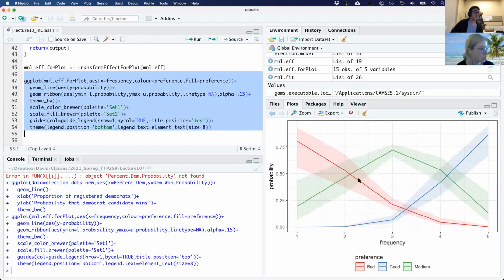And so when I look at this plot, this includes the 95% confidence intervals about our estimate of the probability based off of uncertainty and the standard errors for each of the coefficients.